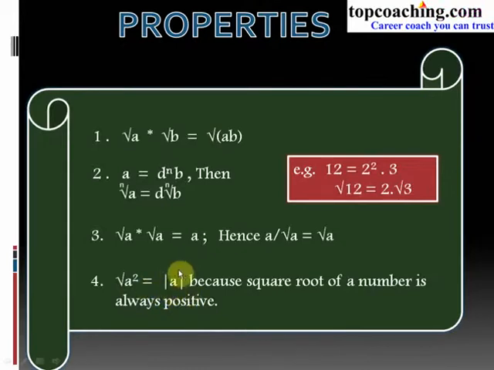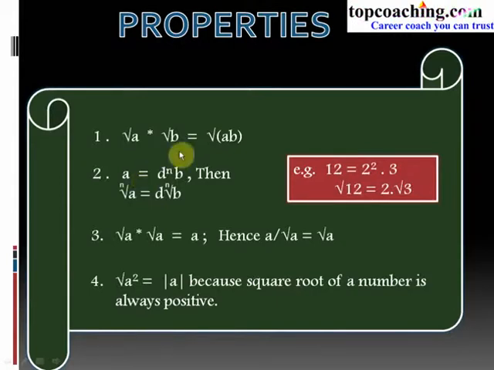We want this to be positive. That is why we are using a modulus sign over here. Look, minus 3 into minus 3 would also be equal to 9, and 3 into 3 would also be equal to 9. When we are to find out the square root of 9, then that would not be equal to plus minus 3. That would be equal to 3, because the square root of any number is always positive. And that is why we write under root of a square as equal to modulus of a.